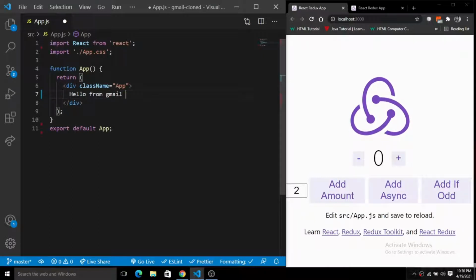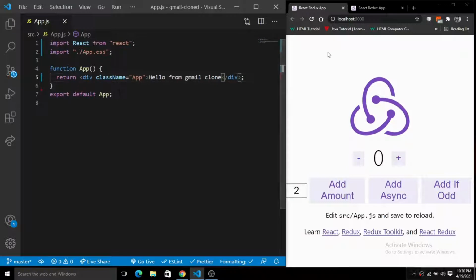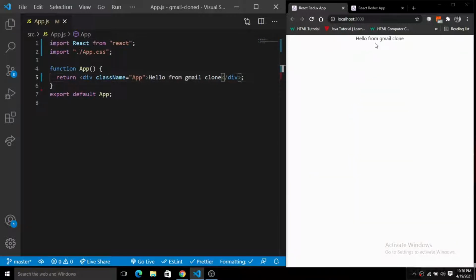I'm going to save this. Okay, and if you guys see, I'm going to refresh this, and now you can see here hello from Gmail clone is now showing. But as you can see here, this is not the exact way that we want to see that hello from the Gmail clone, because it is default, centrally aligned.